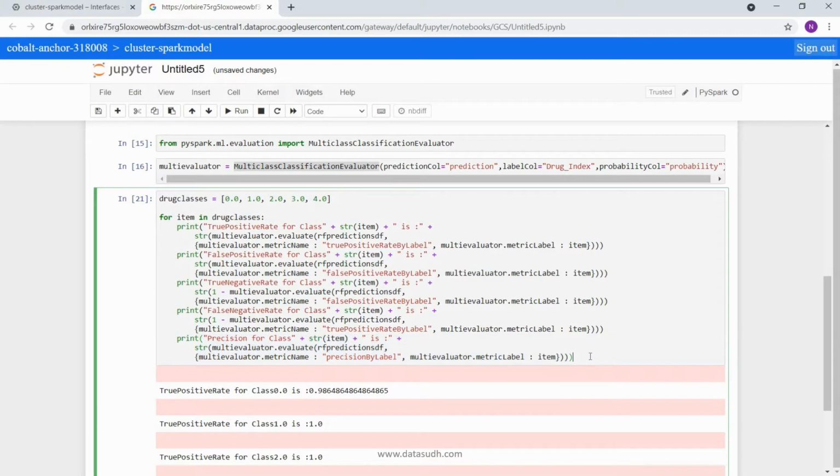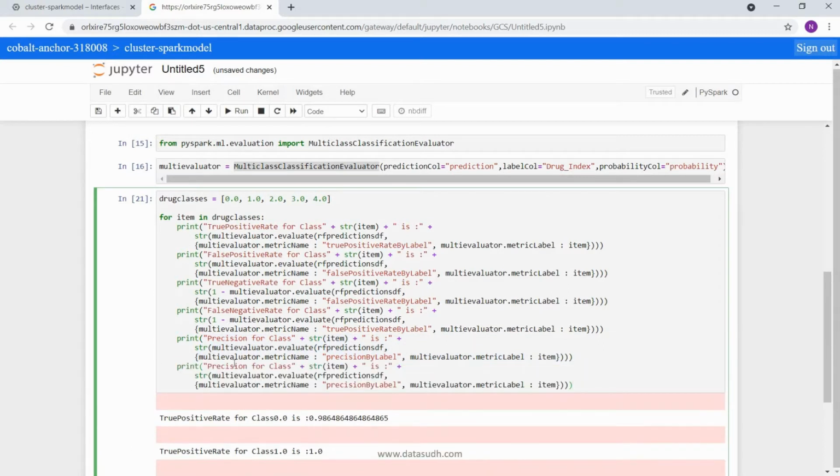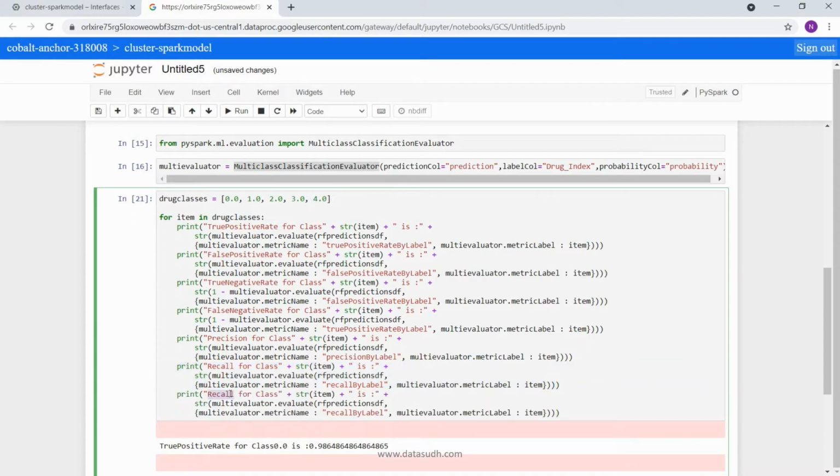Similarly, recall for each class will come from recall by label, and the last one, F measure, will come from F measure by label. So these are the basic metrics: true positive rate, false positive rate, true negative rate, false negative rate, precision for class, recall for class, and F measure for class.